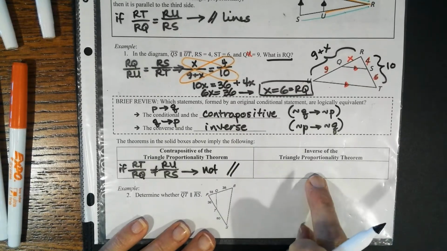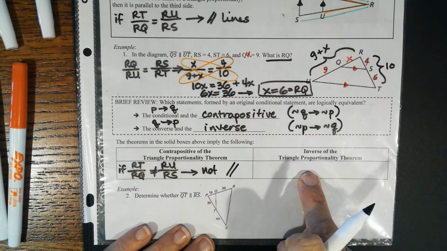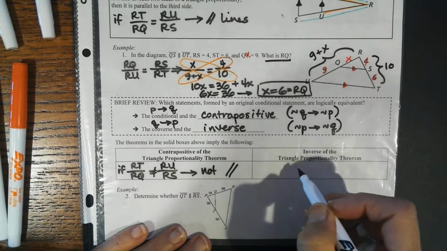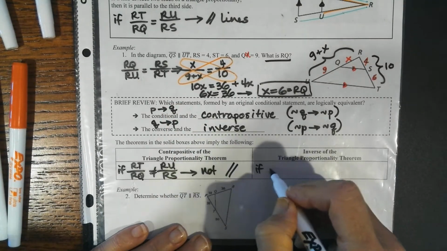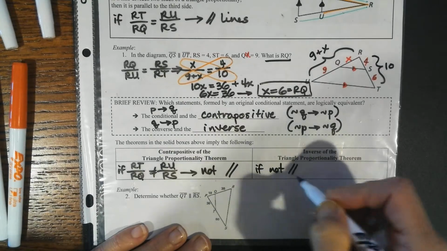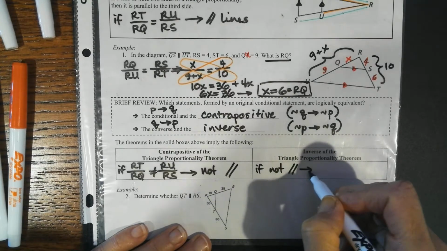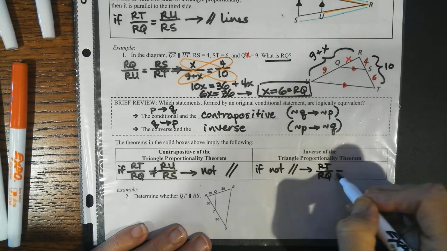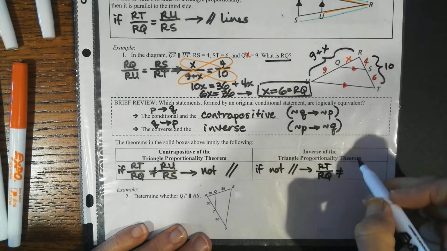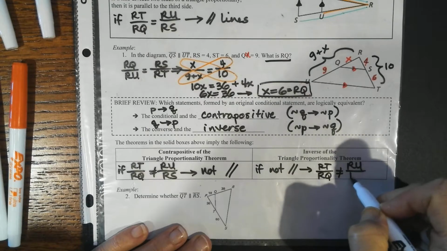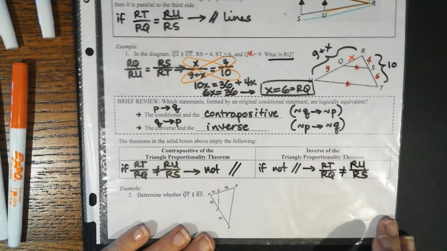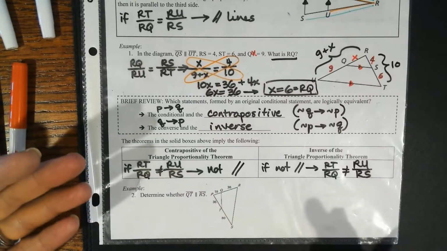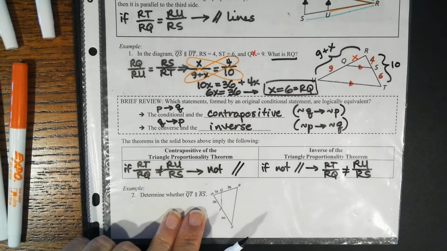The inverse is the negation of the conditional. So this one says if you don't have parallel, then this ratio is not equal either. Okay, so it's like 4 different ways, sort of, to use this, because when you get something like this, where